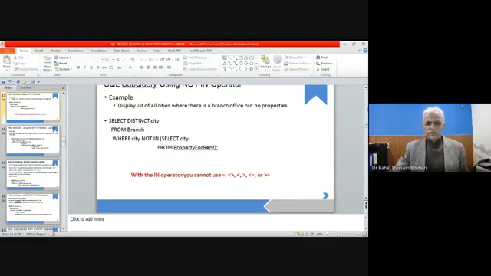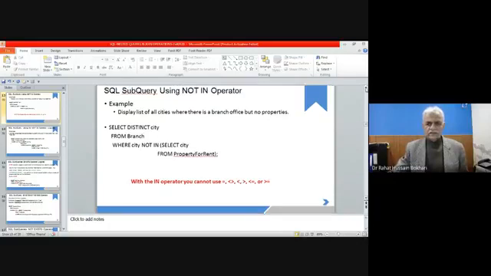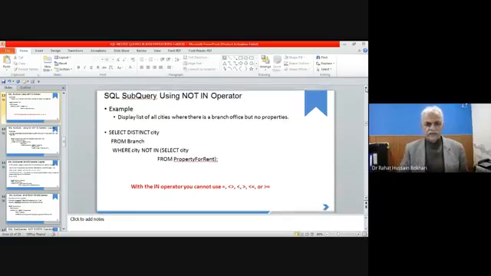The simple example is that you have to display a list of all cities where there is a branch office but no properties. Considering the tables we discussed in the previous slide, you have to create those tables in your lab workshop and then try to run this query.